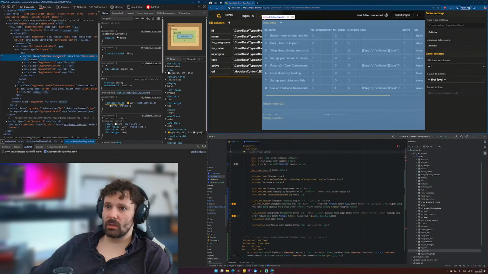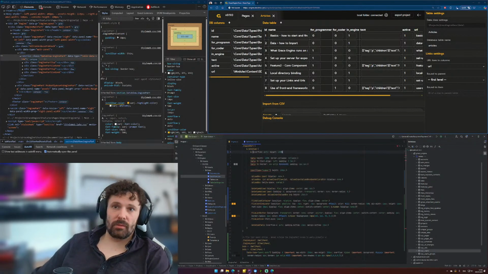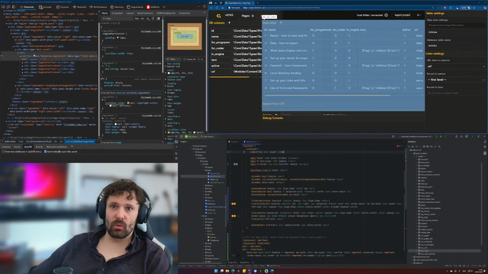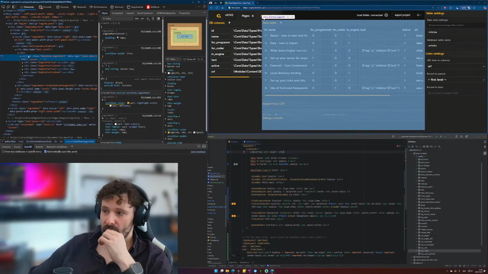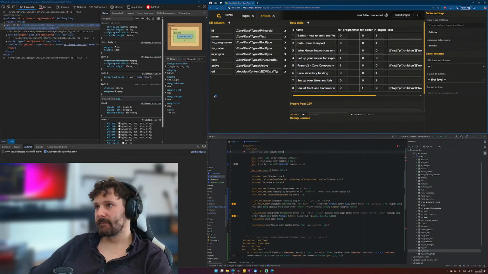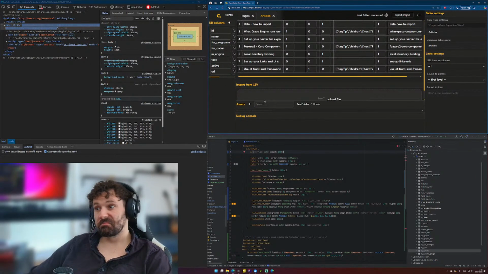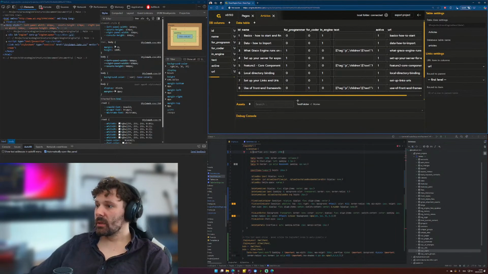There is overflow auto. And for some reason, web dev tools is yet again not showing me styles for this element. Huh. That was easy. Okay. That was unusually easy. Okay. I'm fine with that. Okay. So,